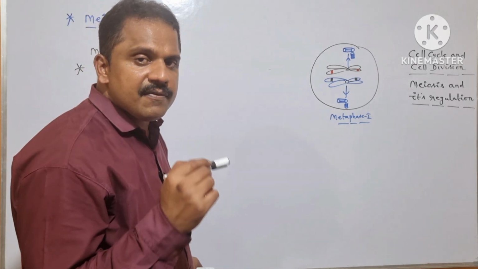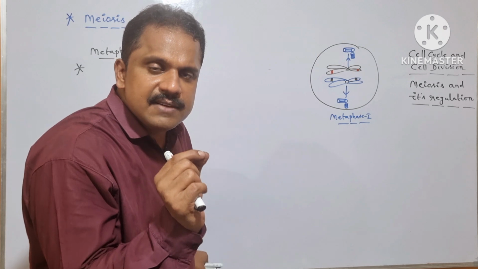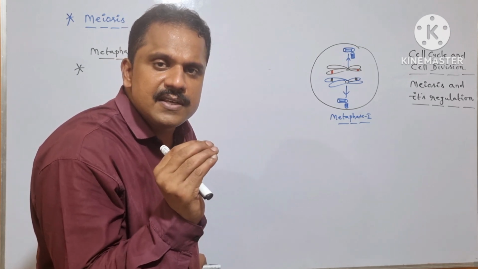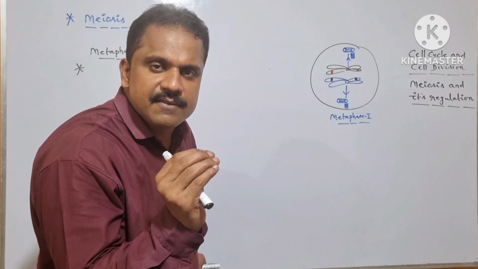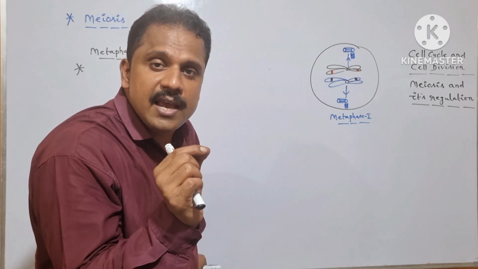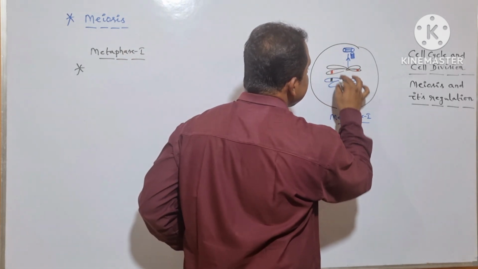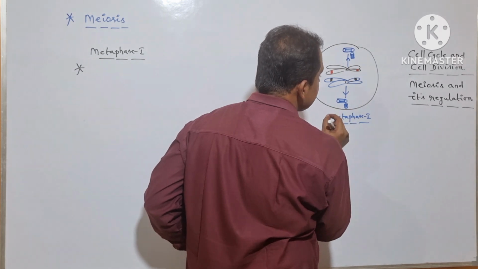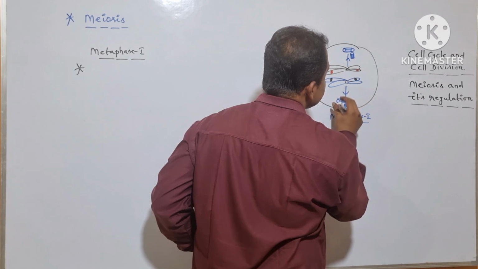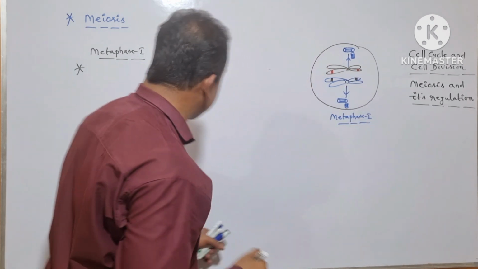So during the metaphase 1, successful organization of meiotic spindle takes place. Because of this, the two homologous chromosomes initially will successfully participate in case of the crossing over. Now here, these two homologous chromosomes are capable to align at the equatorial region. Is it clear? By taking the advantage of meiotic spindle, they are capable to align at the equatorial region. Is it clear? So let me write it here.